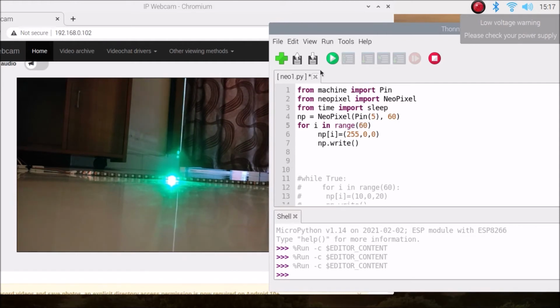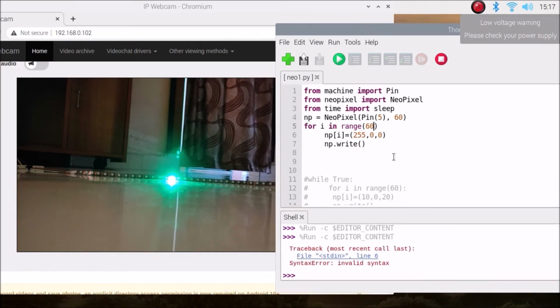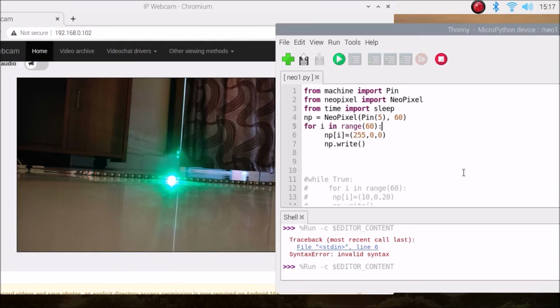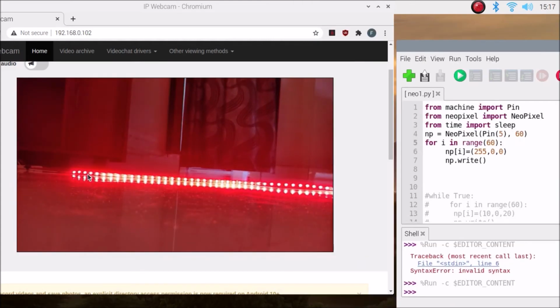Okay, so if I run the code, okay friends, I forgot to mention the colon, like this way. Now run the code, and as you can see friends, all of our LEDs go red because I have mentioned the full range. That's why it's full goes with the red color.